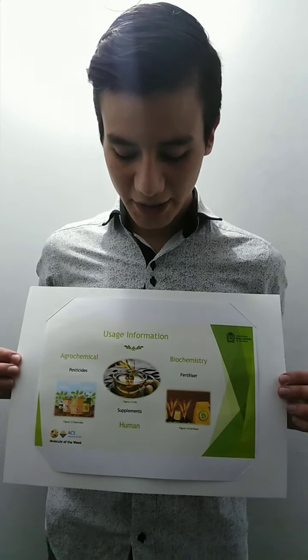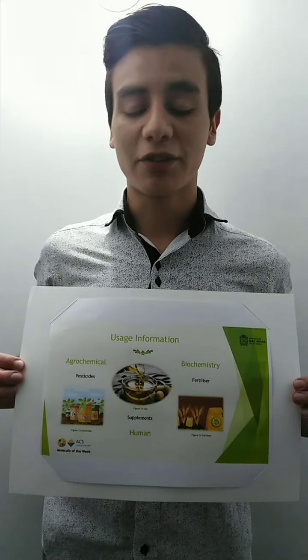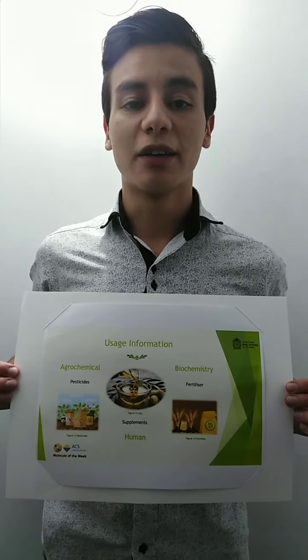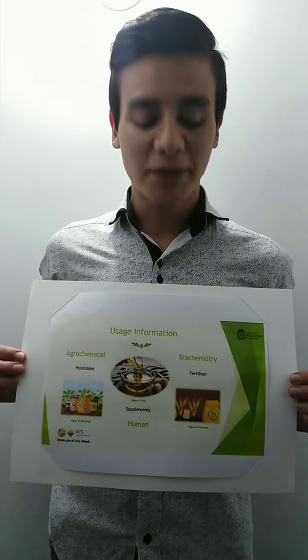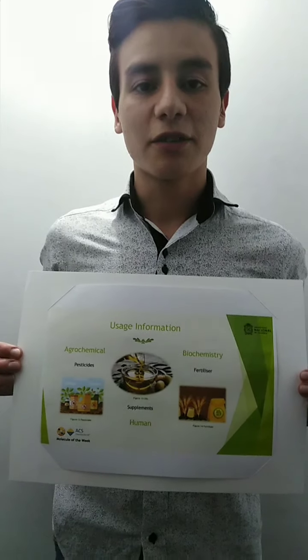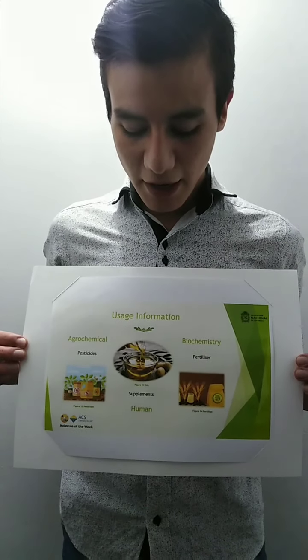Now, common uses for the jasmonic acid involve the agrochemical, the biochemical, and the human fields. For the agrochemical, they are producing pesticides due to the capacity of the jasmonic acid to be involved in the immune responses of the plants. On the biochemistry side, they are developing fertilizers to help plants grow due to their capacities. And for humans,